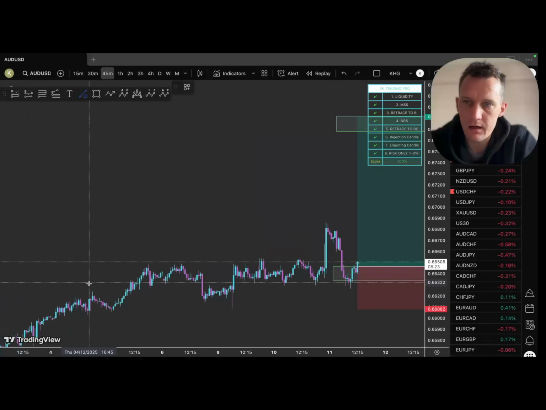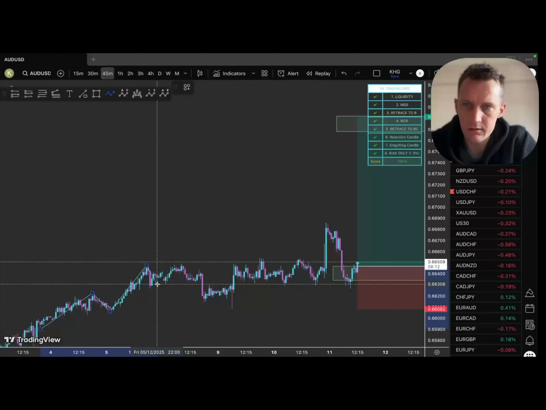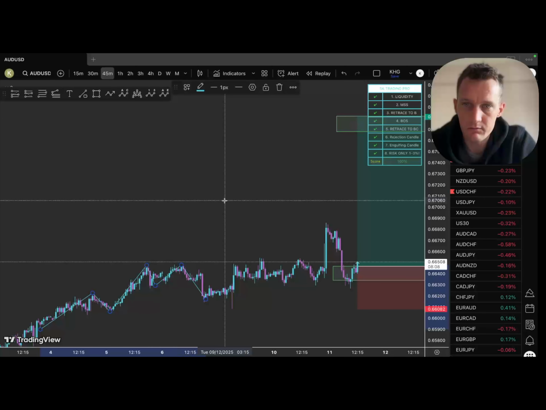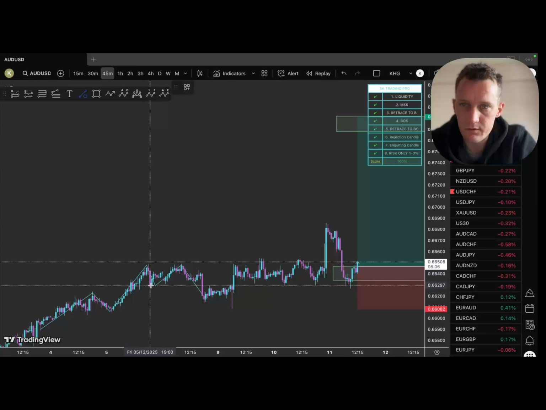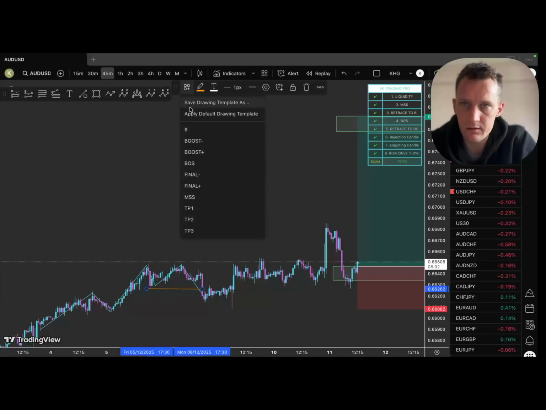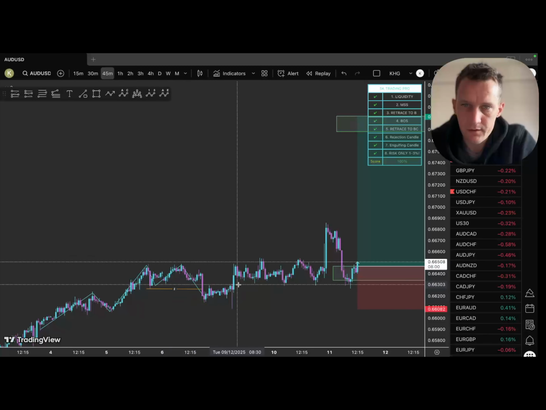Here we had higher lows and higher highs, and it made a higher high here, higher low, higher high, and then a higher low, and a lower high, and a lower low. So I seen that there was a liquidity sweep right here, and then we had a market structure shift right over here,